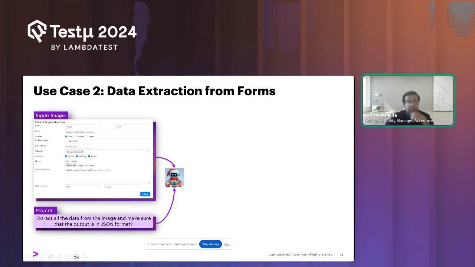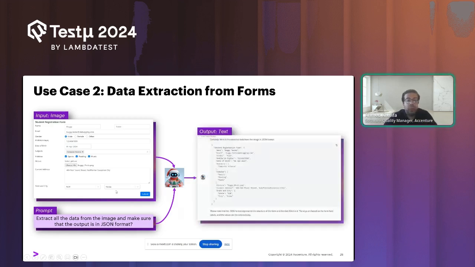And if I just give this prompt, please extract all of this data in the image and put it in a JSON format, what it will do is go through all of these inputs in a visual way and extract all of the data here. As you can see, this is a student registration form, and this is a buggy tester, and this is the email and all of the things, and then it just puts it in this nice JSON format.